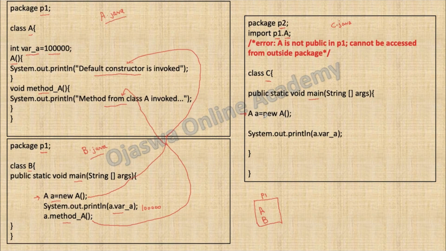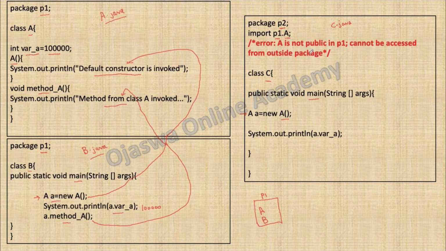Now when the compiler reads this line, class A reference variable small a equal to new A, and this is a constructor. So when the object is created, it gives an implicit call to the constructor. But class C is inside package P2 and class A is inside package P1. Also, class A has default access. So now the compiler will give an error saying A is not public in P1, cannot be accessed